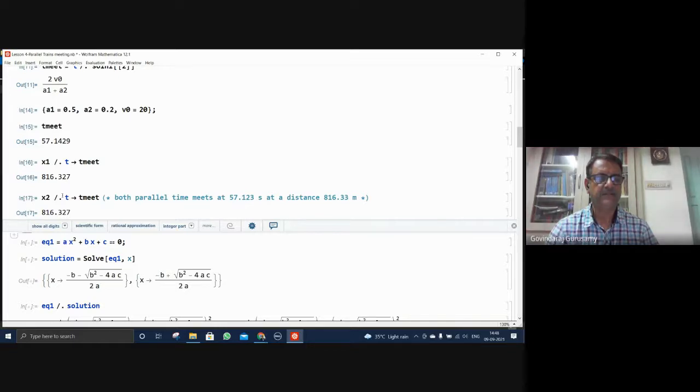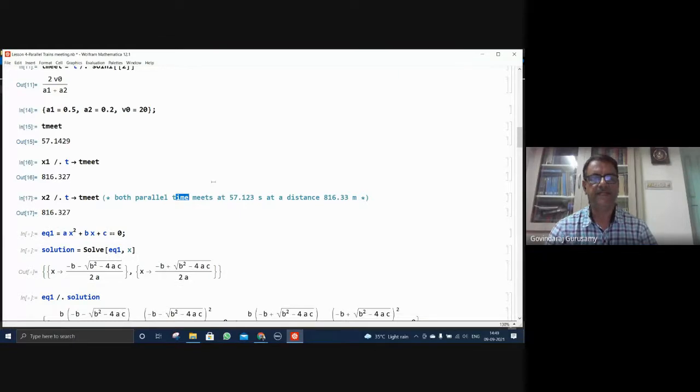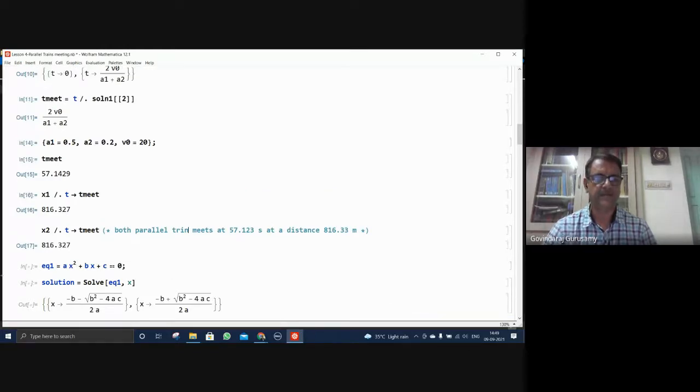This is the meeting point for x1 and x2. X1 must be equal to x2. That's what the problem says. Both parallel trains meet at 57.123 seconds at a distance of 816.33 meters. Now, okay, what you do,